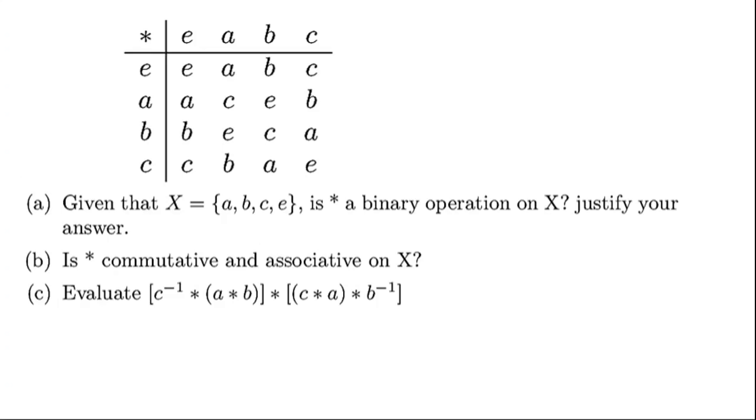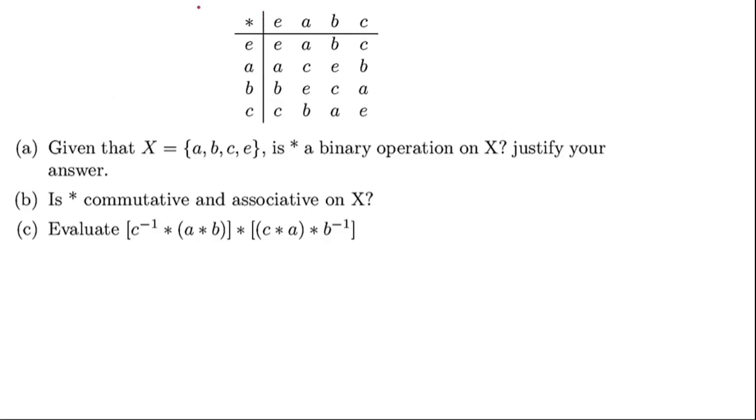To understand what is happening here, we just have to prove this using one property, which is closure, because we need to know if the closure property holds to conclude that star is a binary operation on X. What that means is that the elements a, b, c, and e are all members of X to start with. So combining any two elements,